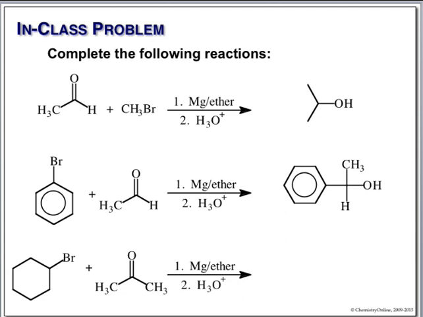And finally, if we take acetone and cyclohexyl bromide, magnesium and ether, our cyclohexyl anion is our nucleophile, attacking the carbonyl carbon to give us our tertiary alcohol. Any questions? Grignard reactions are just like lithium aluminum hydride reductions, fairly simple, because really all you need to appreciate is that we're going to add the anionic species to the carbonyl carbon and then protonate